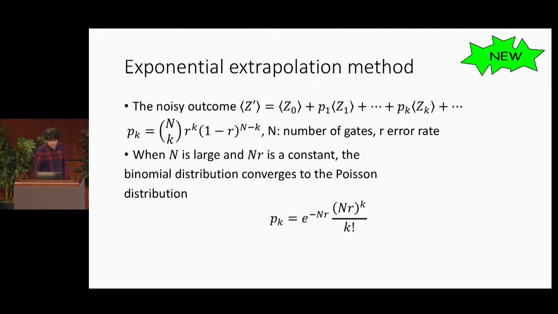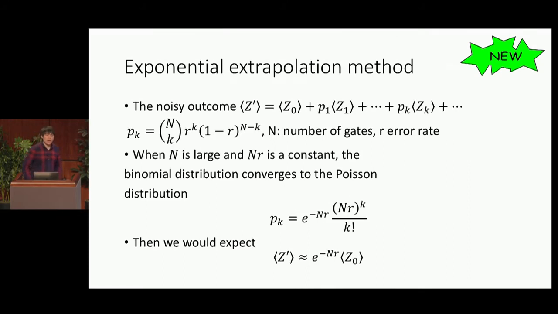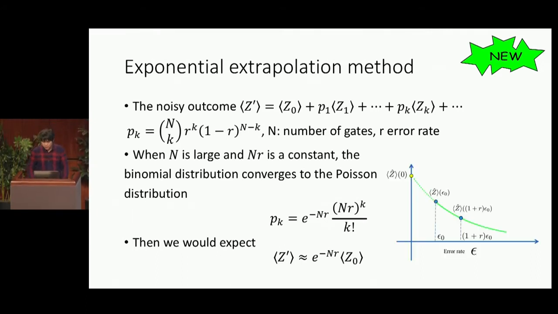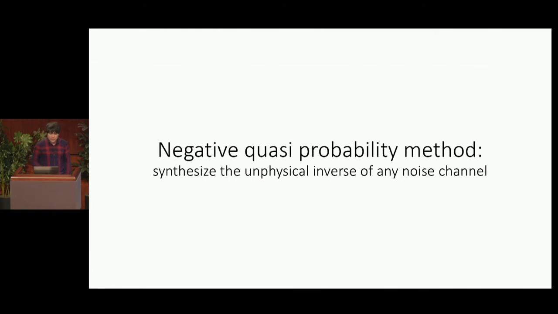So you can see that the probability pk is exponentially decreasing with the error rate. Then it is natural to guess that the noisy value is also exponentially decreasing with the noise rate. Then instead of linear extrapolation, we can also try exponential extrapolation. Later I will show simulation results of the linear and exponential extrapolation methods, but before that, I